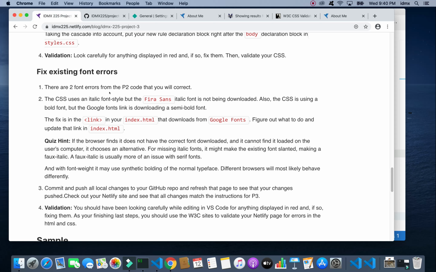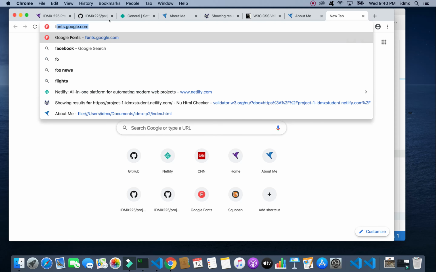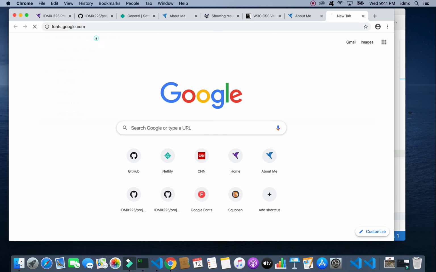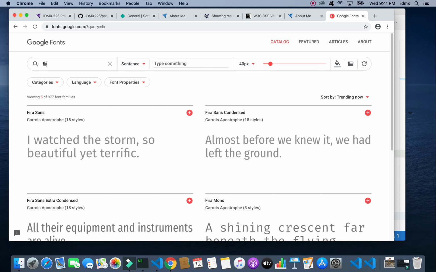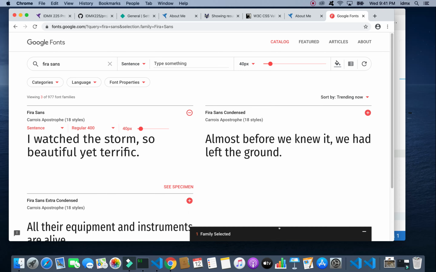Go back into the instructions. And it's all in the link, which is in the head of your index.html. So what we want to do is go to fonts.google.com. There it comes up for me. And as we did before, we're going to search for Fira Sans and select that font, and then bring up